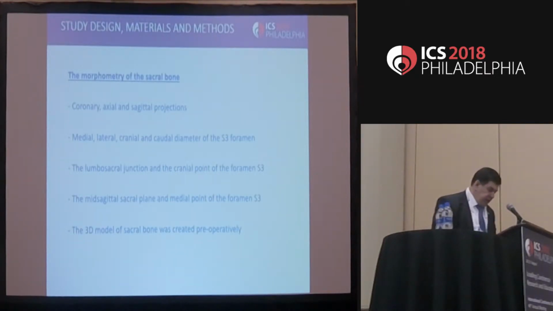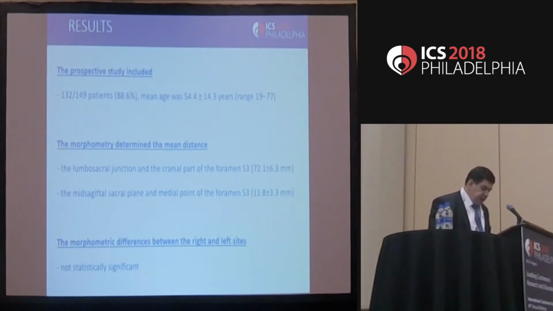The morphometry of the sacral bone was investigated in coronal, axial and sagittal projections. We used 3 important points: the lumbosacral junction, the mediosagittal sacral plane, and the foramen S3. The 3D model of the sacral bone was created preoperatively. The prospective study included